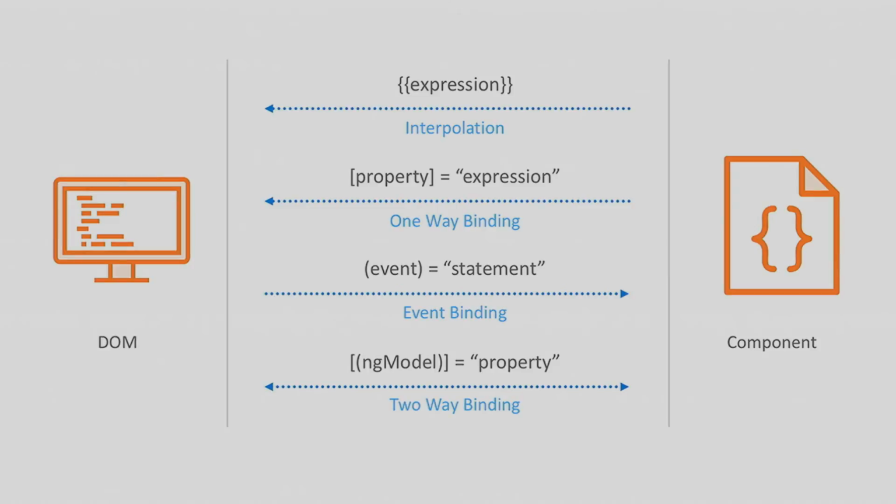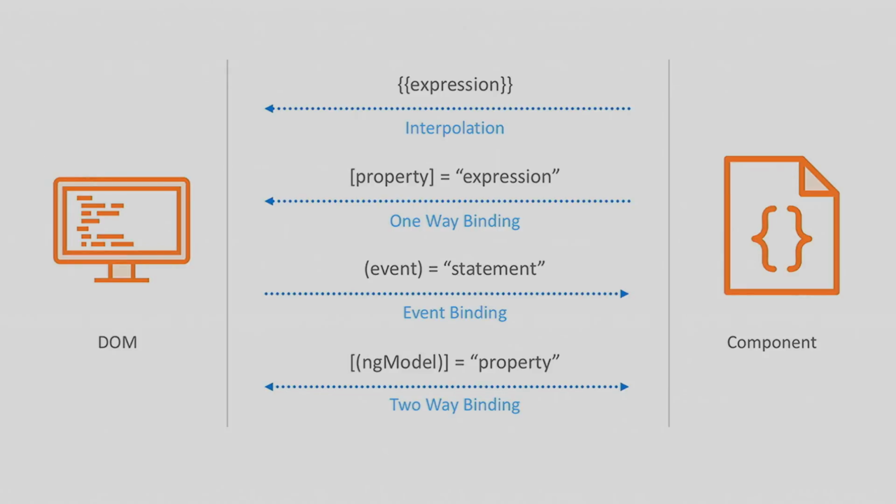OK, I lied to you. There's actually something that goes both ways. But they helped us out here. What they did is they wrote their own thing called ngModel. And all it really is, it combines the two ones above it. I want a property, an input text box. I want it to go from my component to my screen. And I also want some kind of an event when they type in there, like on key up or on change. I want it to go back down to my component.